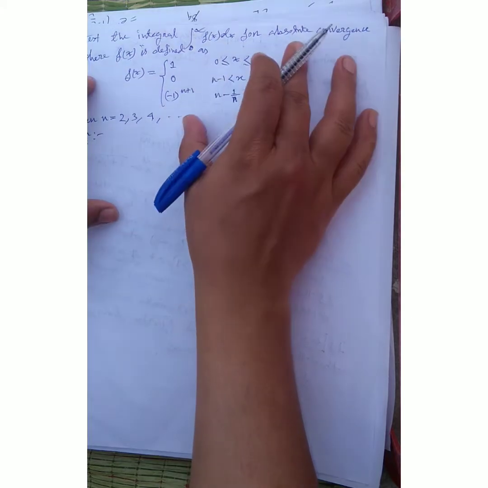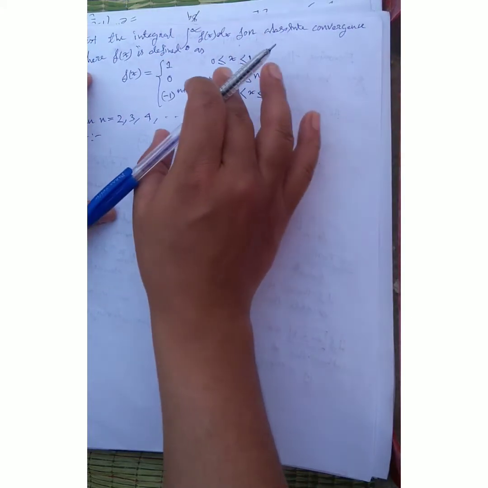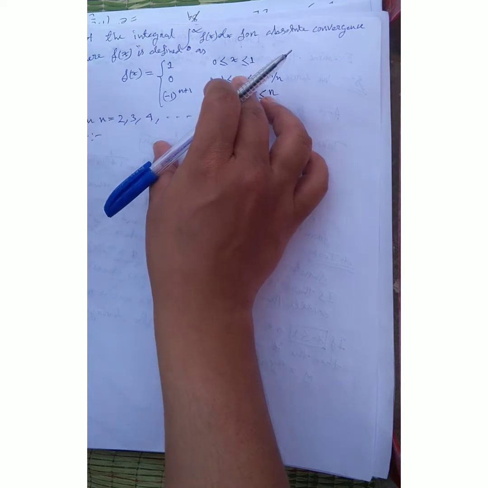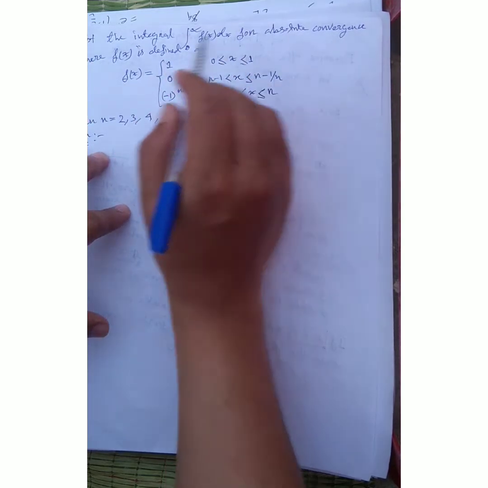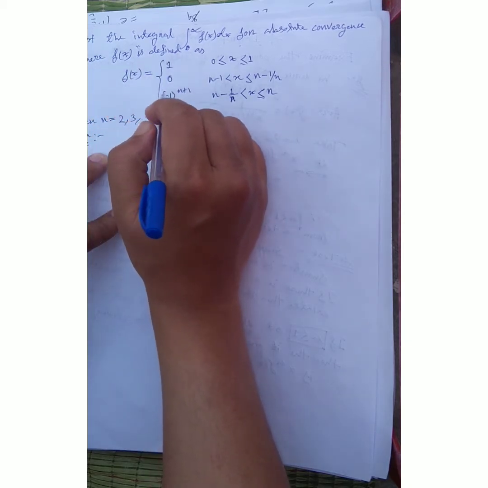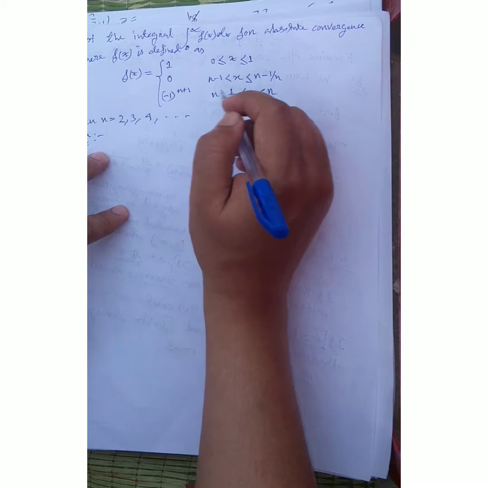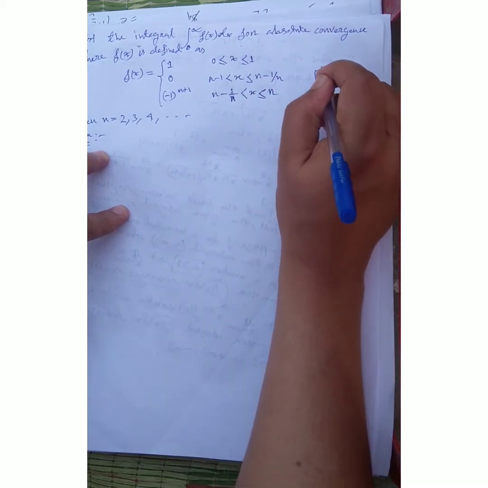Friends, I want to discuss the absolute convergence test. Our next topic is absolute convergence of an improper integral. Test the integral from 0 to infinity of f(x) dx for absolute convergence, where f(x) is defined as 1 on 0 to 1, and so on, with (-1)^(n+1). Friends, you must remember here I discuss this category of